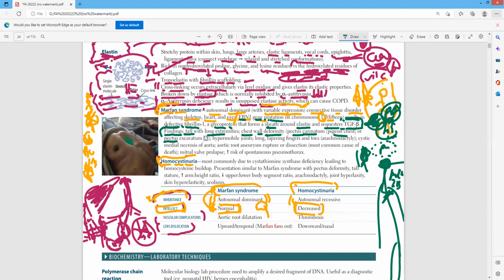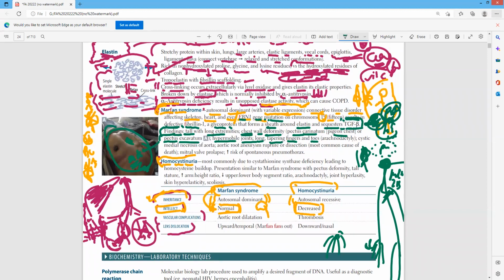This is called pectus excavatum, and pectus means chest. This is a patient, and it is very important to know that they have hypermobile joints, like in Ehlers-Danlos syndrome, and long tapering fingers. You will find that they have hyperelastic or hypermobile joints, and you'll find long fingers like that. Spider means arachne, and dactyly means the fingers,